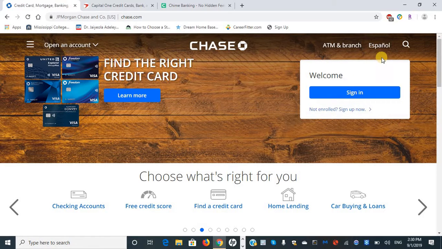And so I have my immediate call to action, which is with the header welcome, and has pretty much a blue button for any member to sign in. Also, if a user is just browsing on this website, thinking about signing up, not enrolled yet, that's fine. At the end of the day, you can sign up now if you're not enrolled right here to this link. And if we press it,